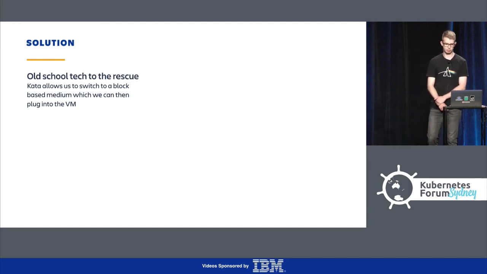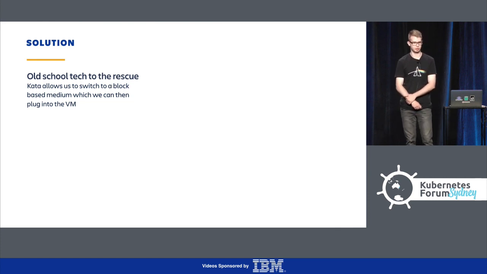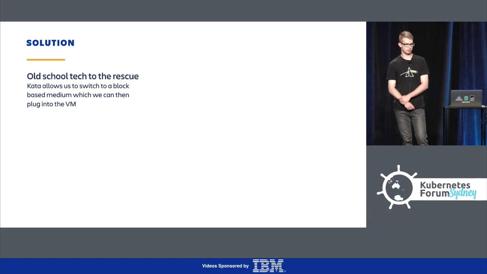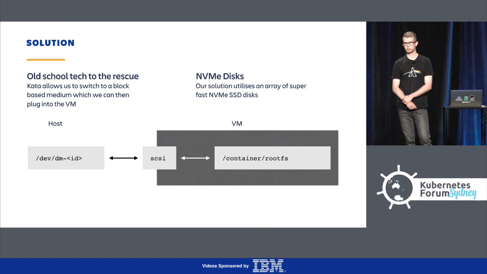So with some research, we discovered that Kata has support for plugging block devices into the VM. This is done by leveraging Device Mapper and a plugin built into Containerd that's fairly new. Rather than provisioning the Docker image as layers on the host with overlay FS and using that for the container's root FS, the Containerd plugin will create thin provisioned, copy on write block devices for the Docker image layers. Each block device is then plugged into the virtual machine and mounted into the correct location for the